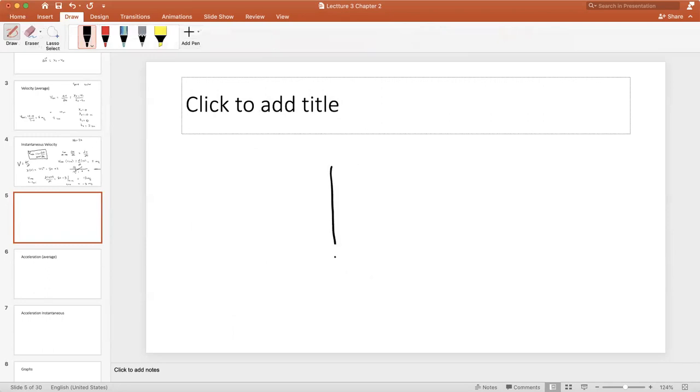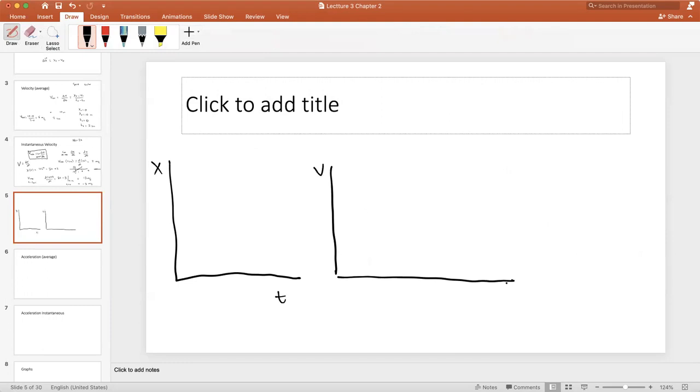So let's say we have a velocity and we have a position. So this is going to be x versus t, and this is going to be v versus t, okay? And let's say my position function is given by, I'm going to give you something linear,